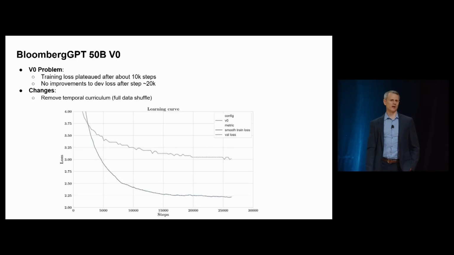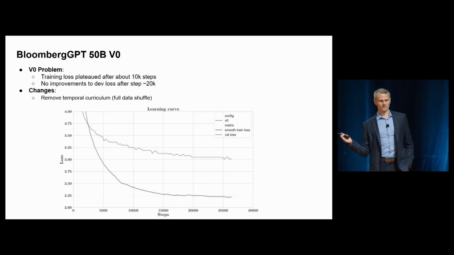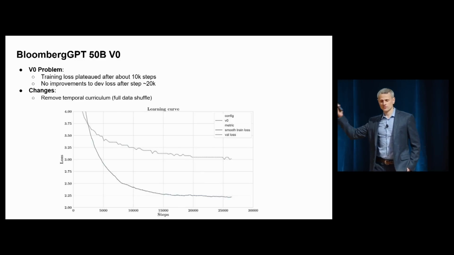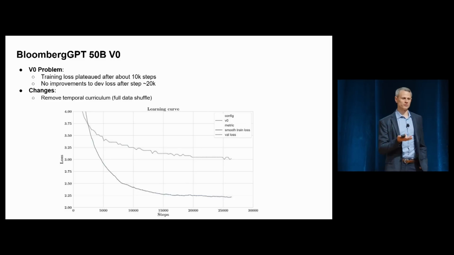And we thought about it, OK, maybe the problem is that sorting of the data. Because everything we're testing on is out of sample, is from a future time period. It's because we sorted the data, it's a different distribution of the data that we trained on.